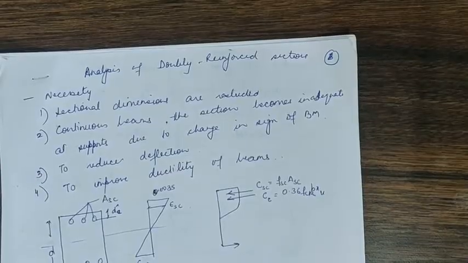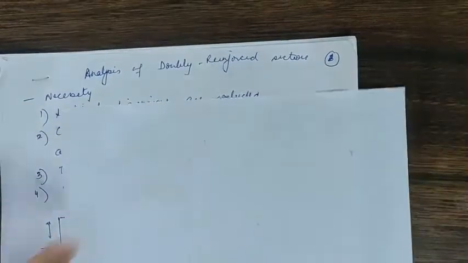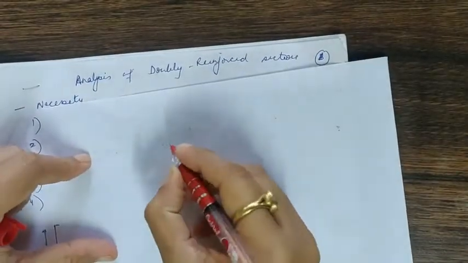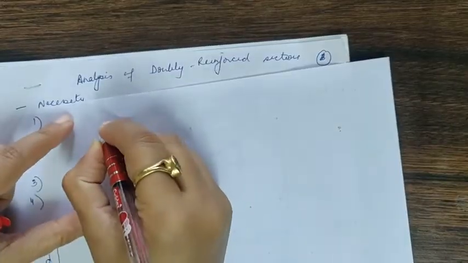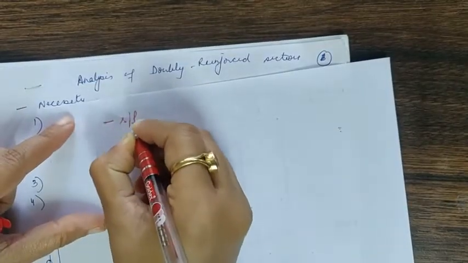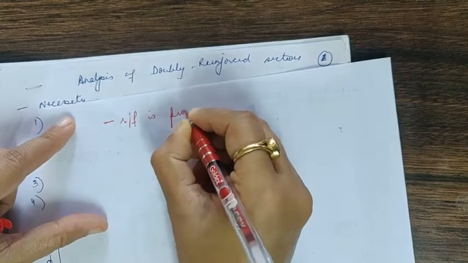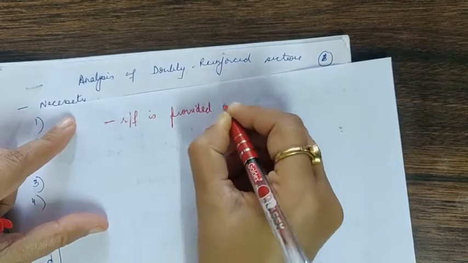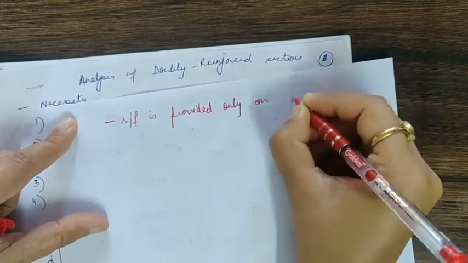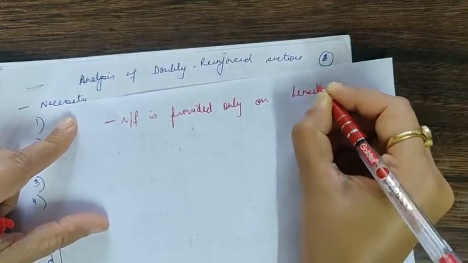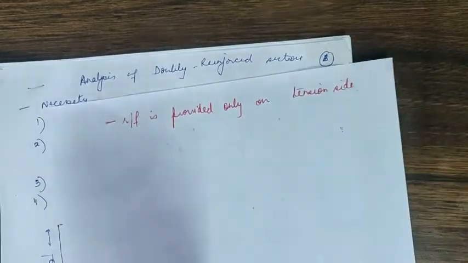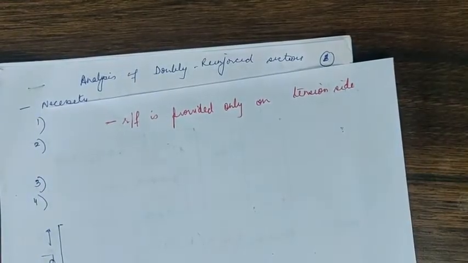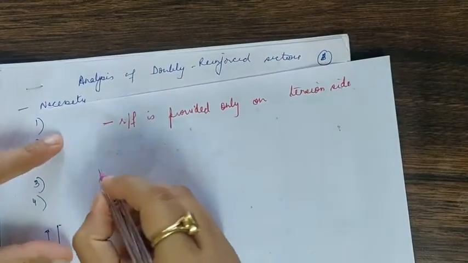Last video I told you something about a singly reinforced section. So what was a singly reinforced section? In which reinforcement is provided only on tension side. Okay, so what do we mean by this? If we are taking a simply supported beam,